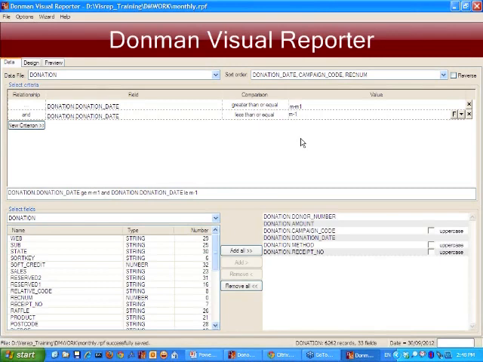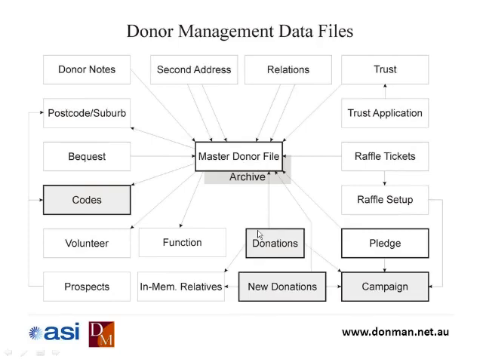Now, up until now, everything that we've done has been based on the file that we're looking at. The fields that we've output, in this case, have all been from donation. In our previous report, they were all from the donor file. And our criteria up here is also only based on the current file that we're looking at, which is donation. Now, from that little option I have here, you can see that donations are linked back to the donor file. Every donation links back to one and only one donor record,